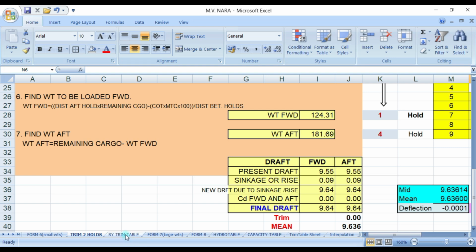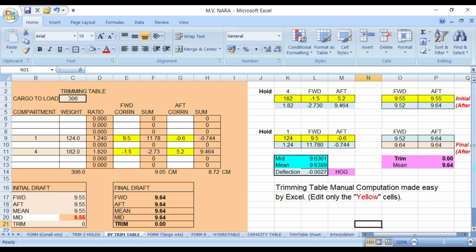And lastly, the trim table. So in the trimming table, you have your remaining cargo to load. Your hold number 1 is 124, number 4 is 182. Apply the corrections forward and aft until you have a draft forward and aft of 9.64, zero trim, even keel. With this one and the other one, you have the same results.